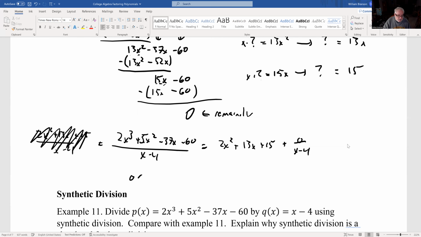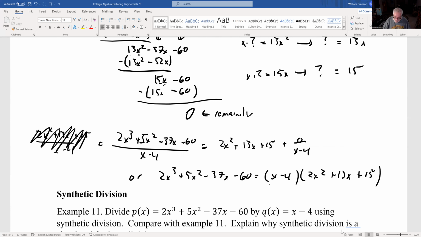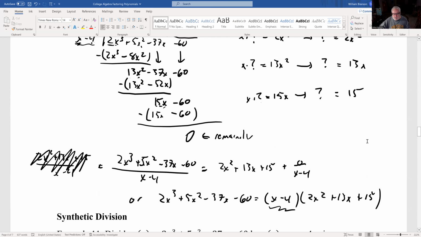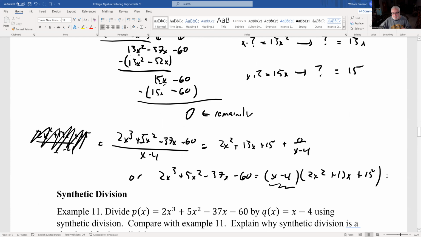Or 2x cubed plus 5x squared minus 37x minus 60 equals x minus 4 times 2x squared plus 13x plus 15. We have actually factored something out, right? So we found out somehow that 4 is a root, x minus 4 is a factor, and now we can actually factor this entire polynomial, because we know x minus 4 is one factor, and this is a quadratic, and we know how to factor quadratics using